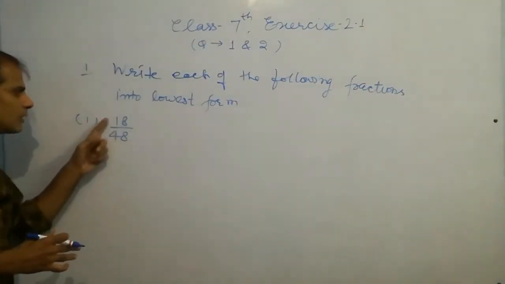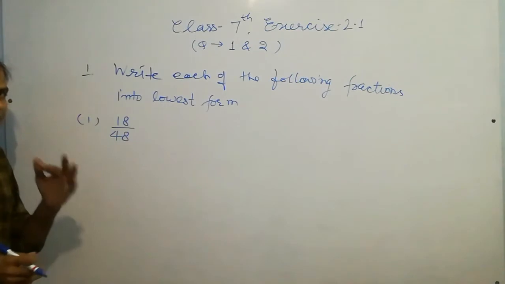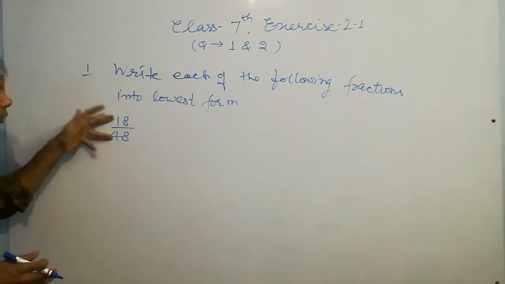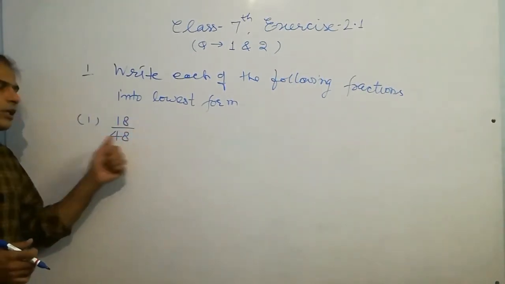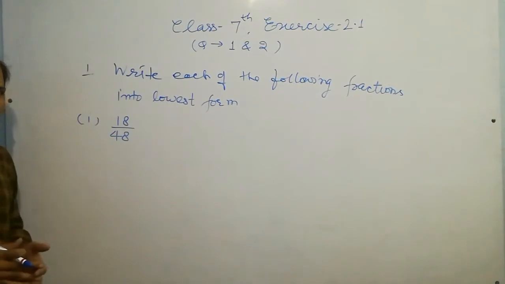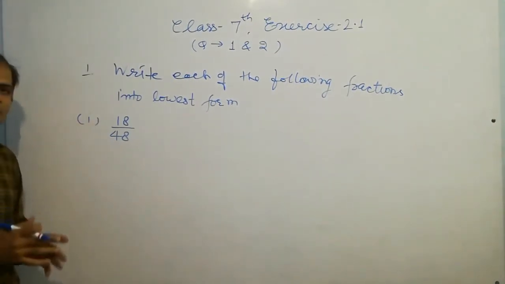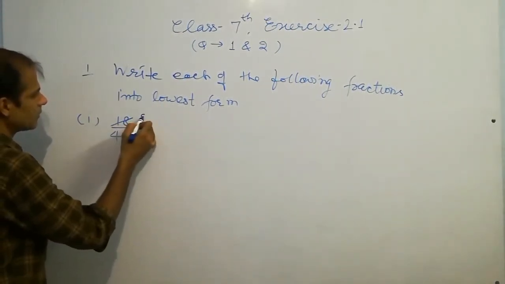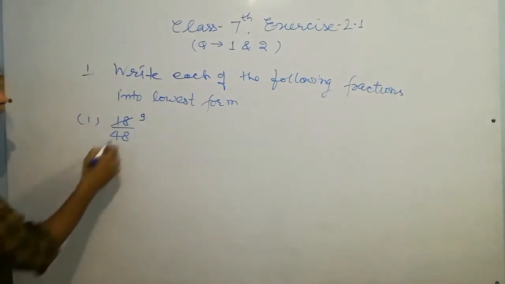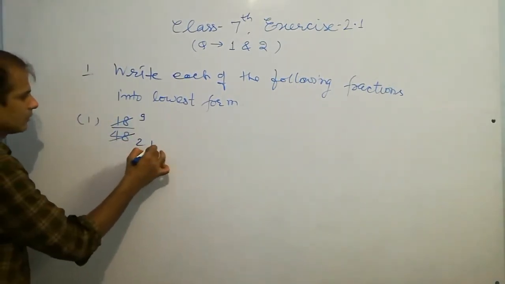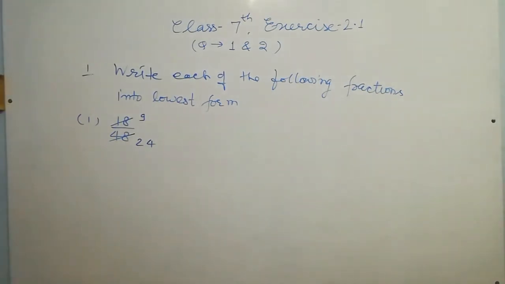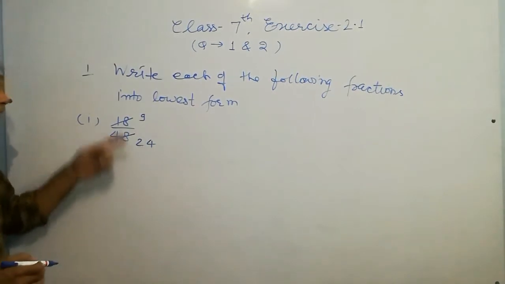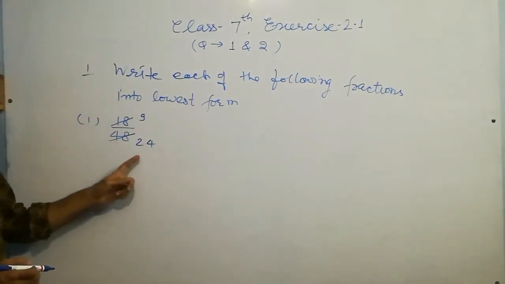So if both these numbers are divisible by a single number, ऐसा नहीं करना है कि इसको आप 2 से डिवाइड कर रहे हैं और इसको 3 से, not like this. Divide both these by same number. You can see both these are even numbers, so we can try with 2 because all the even numbers are divisible by 2. So the solution is divide 18 by 2, you can write 9, and 48 by 2, you can write 24. Division by 2 means make the half of that number. 18 का half 9 होगा और 48 का half 24 होगा.